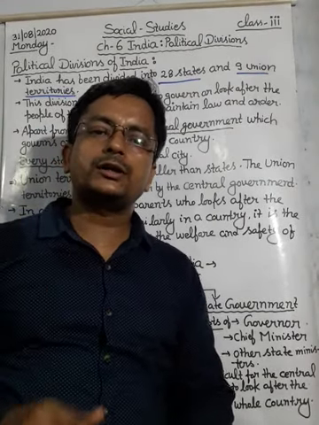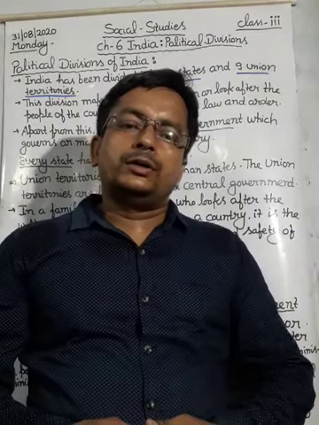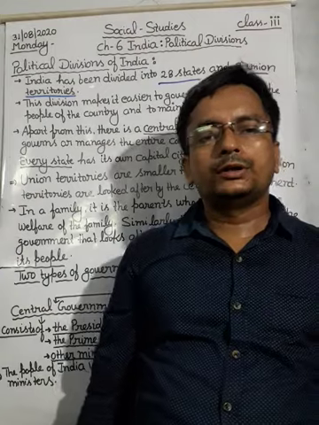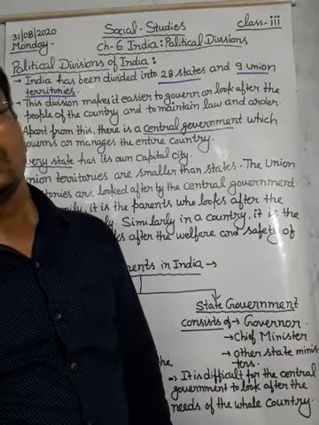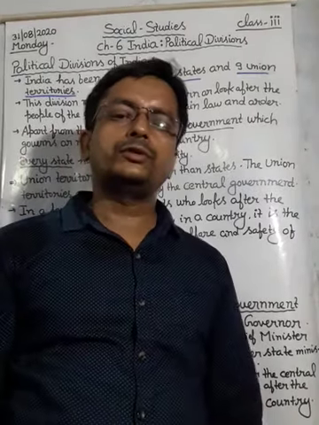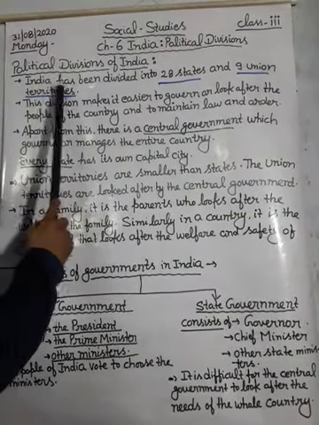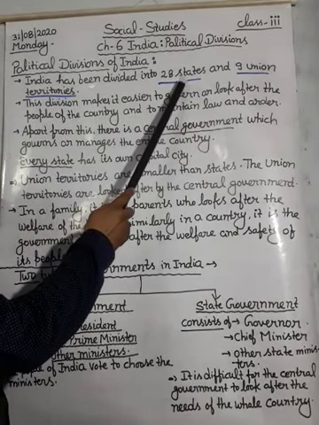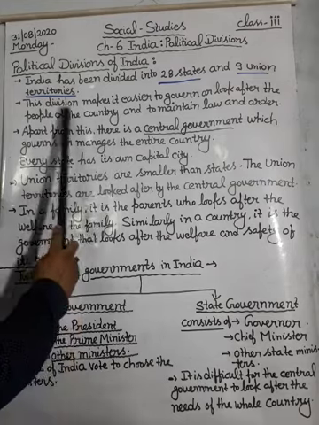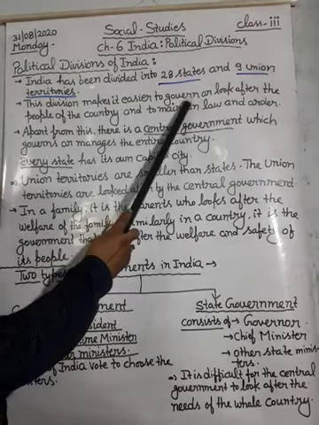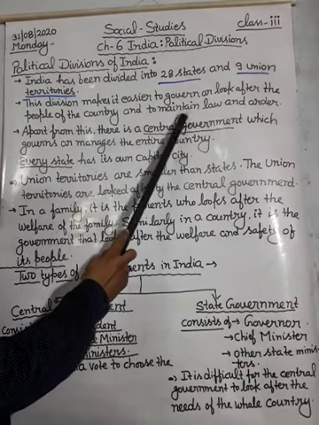The two extra union territories that are added are Jammu and Kashmir and Ladakh. Two new union territories. So India has been divided into 28 states and 9 union territories. This division makes it easier to govern or look after the people of the country and to maintain law and